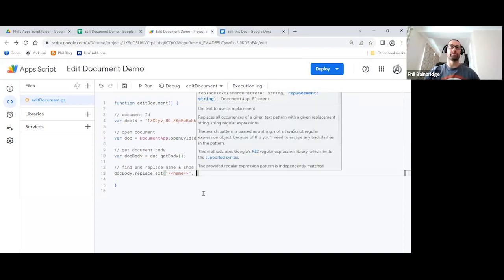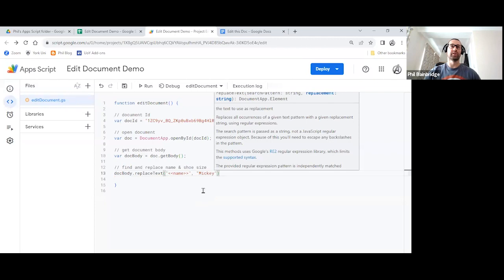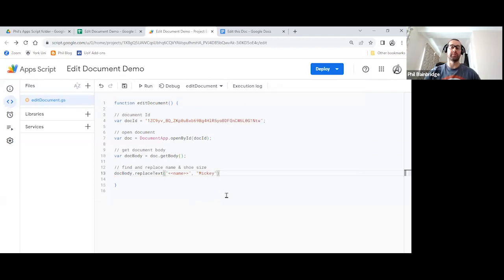And the next thing I wanted to remember is the replacement string. So inside single or double quotes again, I am just going to put the name Mickey, for Mickey Mouse. Now this is, again, static. What that means is it will always replace name with Mickey, which is great for our demo here. That's absolutely fine. In reality, you'll probably start replacing it with data from a Google Sheet. So this will be able to change and update dynamically depending on what you've got. Save that to check everything is happy. So that was name.